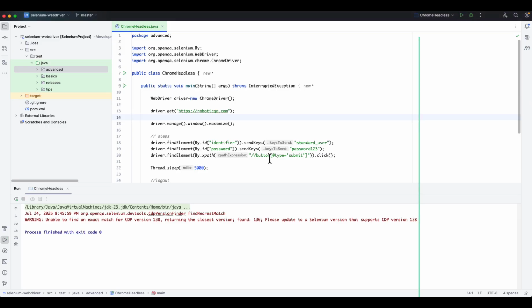But how to run this test in headless mode? What are the benefits of using headless mode? Generally, when you run your test cases in a pipeline, either Jenkins, GitHub, GitLab, there